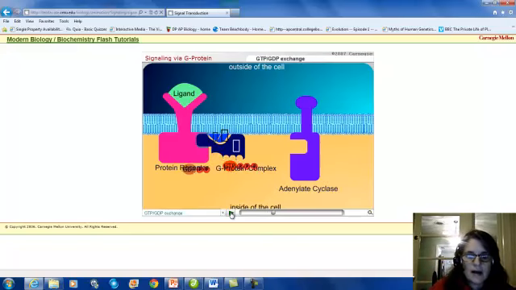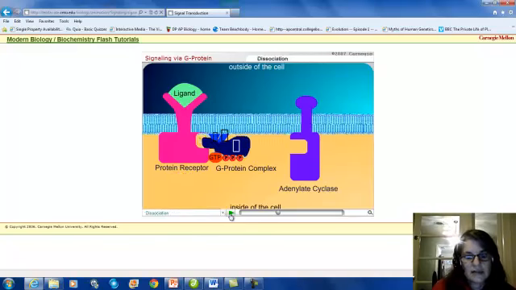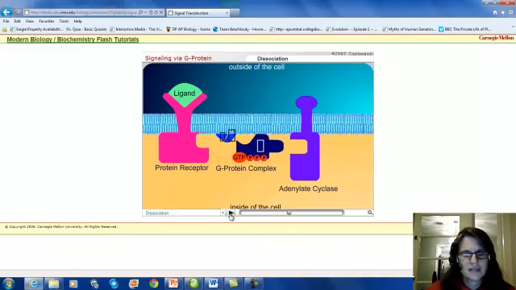Okay? Now, because of that shape change, the G protein loses that less energetic GDP molecule and accepts a much more energetic GTP molecule. Again, very similar to ATP. Just not quite as much energy in it. Okay? Now that acceptance of GTP activates that G protein complex, and if you'll notice, it kind of splits up into two parts here. It's not really important for what we need to know about, but this G protein complex is now